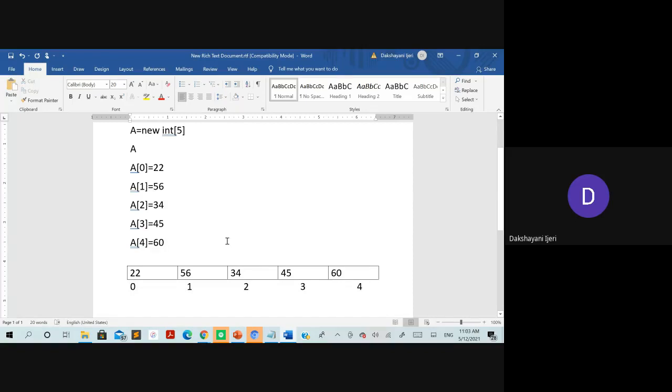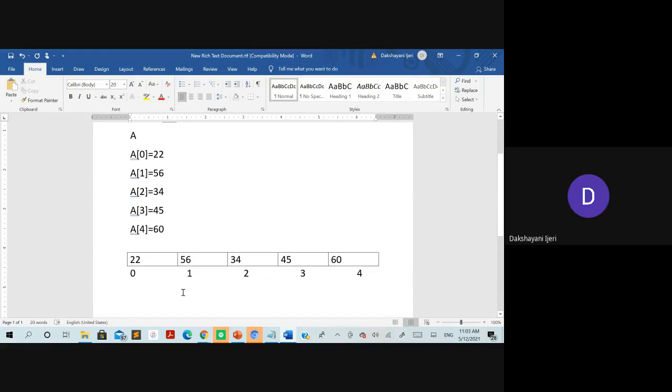Right. Once you have stored the values into the array, how will you be able to access them? The values will again be accessed with the specific index value only. For example, if you want to access the third value, the third value is stored at which index position? 2. 2, right? So you can get that directly over here, like A of 2.